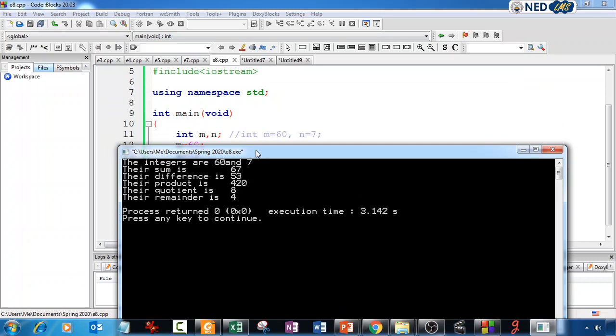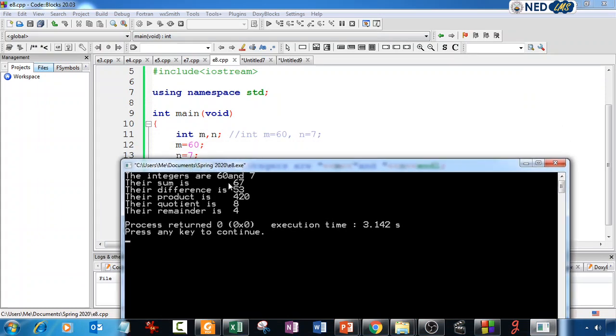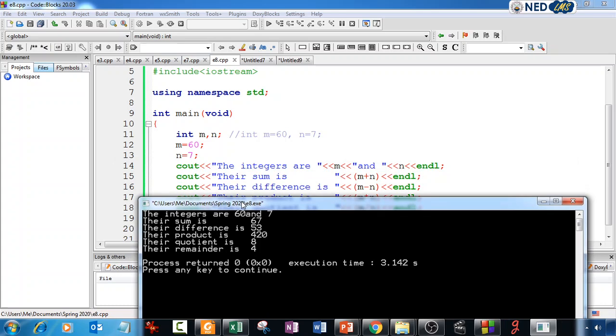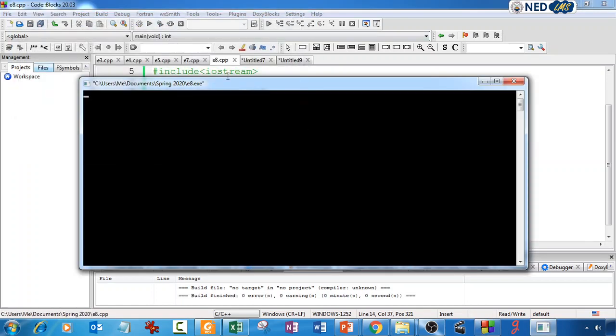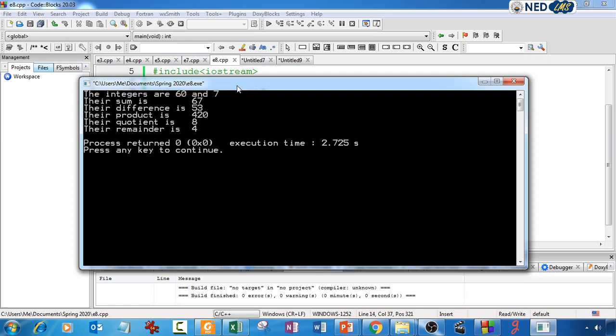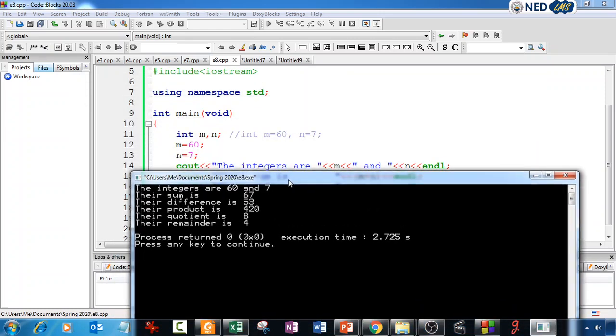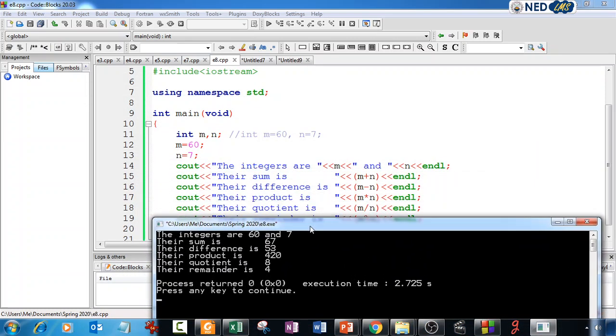Okay, so the integers are 60 and 7, so it is not printing a space after it, so I need to put a space over here. Now it's saying the integers are 60 and 7,